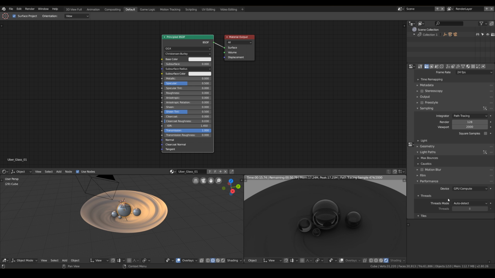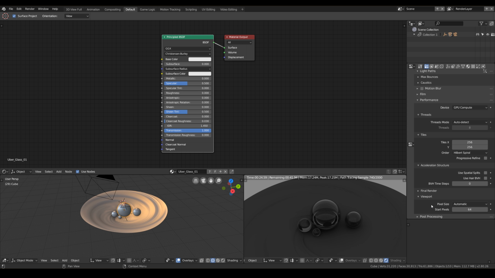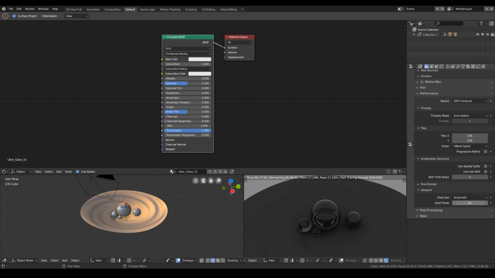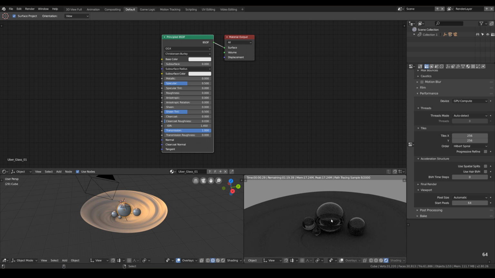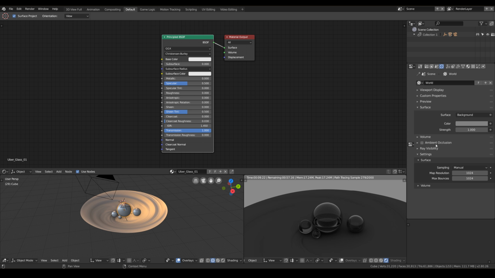Alright, we have the GPU compute set in the device settings, assuming that we'll be using the video card for rendering. And in the viewport settings, I will set the start pixels value to 512. Because look at this, if you leave it at 64, we'll see there's noise at the start of every viewport move and stuff like that. 512 helps to mitigate this issue a little bit. And in the world settings, the sampling is set to manual, max resolution to 1024, and I think that's it